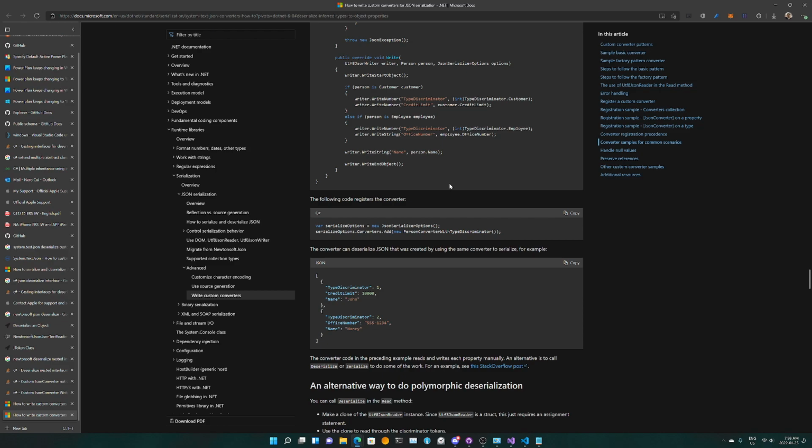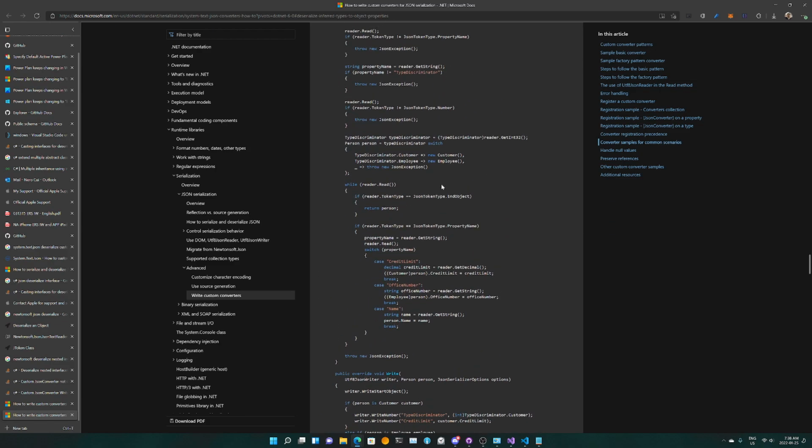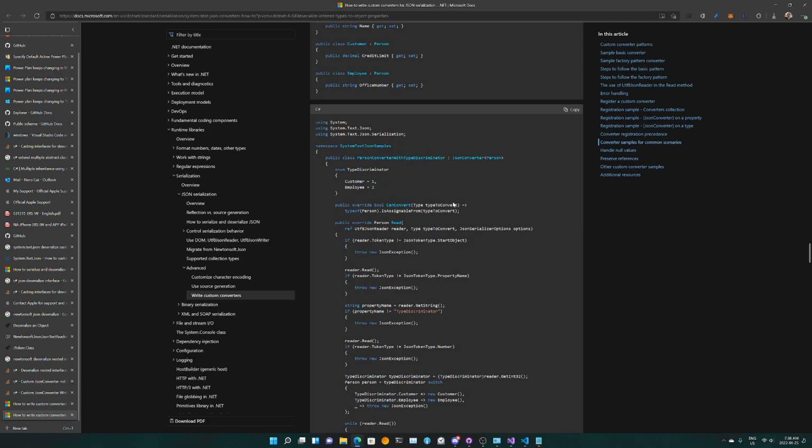Yeah, so this is where we register the converter, right? And we need to have an option. The good thing is we're adding it inside the option instead of the serializer itself. So that's good. And this only works with... oh God, I hope it works.